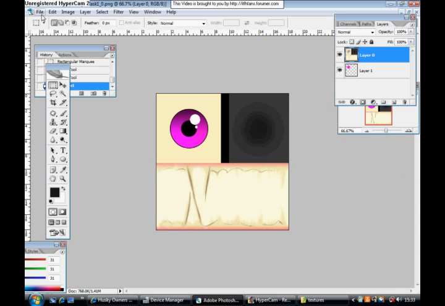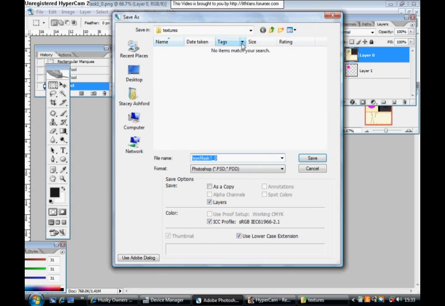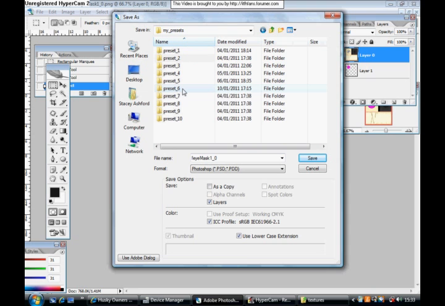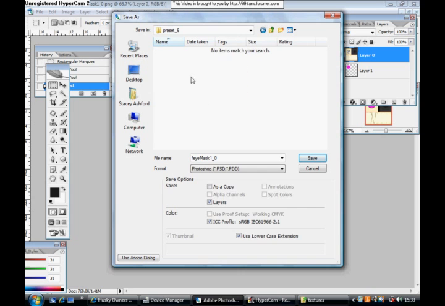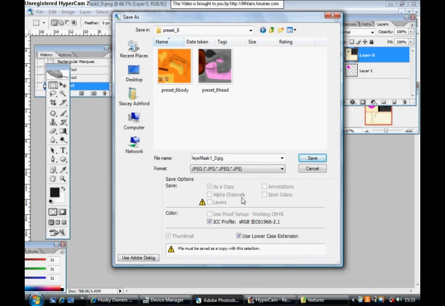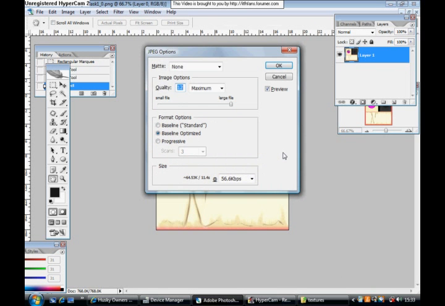Now what you want to do is go to File, Save As, and find that preset folder that you had before. So go to My Presets. Now remember, I saved mine in preset 6, but it depends on whichever one you did it as. Change it to a JPEG file, and then type in the file name as preset underscore whatever folder you're in, so I'm in 6, and put i.jpg. Save that,